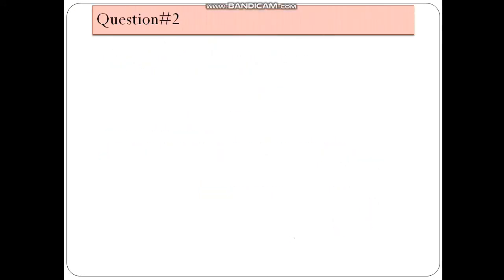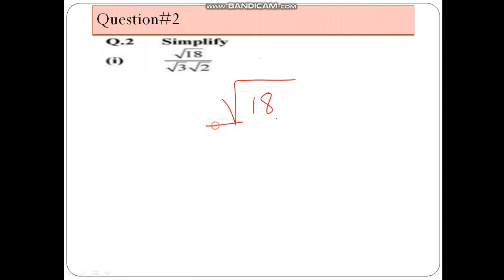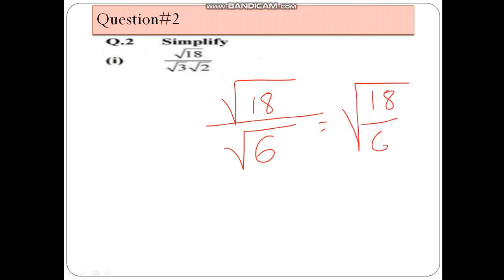I am giving you some examples of how we can apply the properties of the surd, the properties of multiplication and division, which I have told you in the previous slide. Here we can combine 18 divided by 3, 2s are 6, and afterwards we can combine 18 by 6. 2 3s are 6, 2 9s are 18, 3 3s are 9, that will be under root 3.